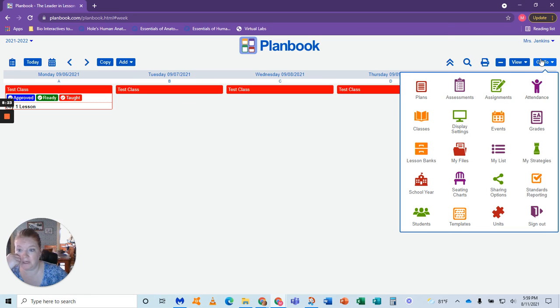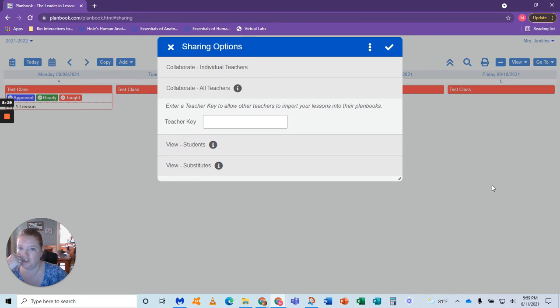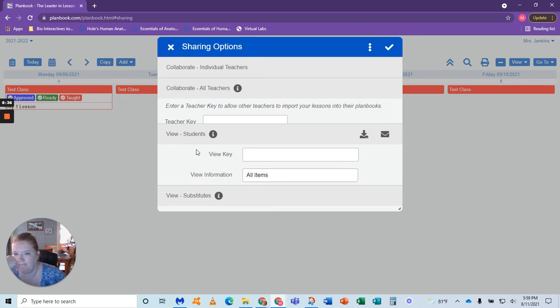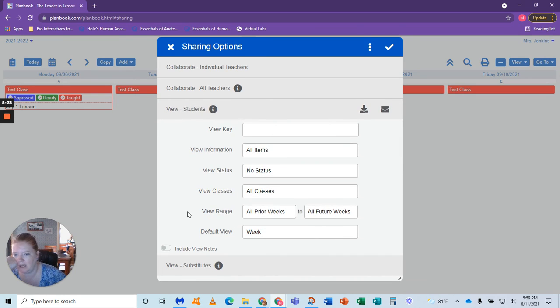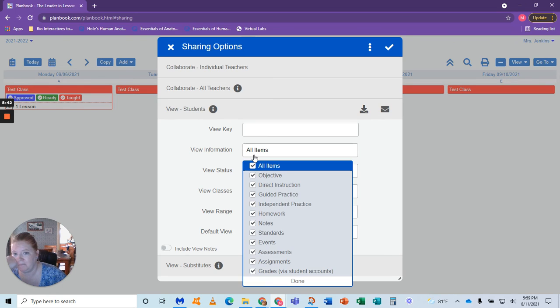There are a lot of possibilities in this program. The nice thing here, you can share. Okay, so you can collaborate with individual teachers. You can collaborate with all teachers. Here you can have students view. Okay, and